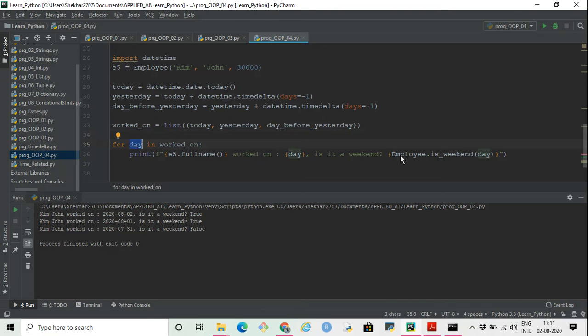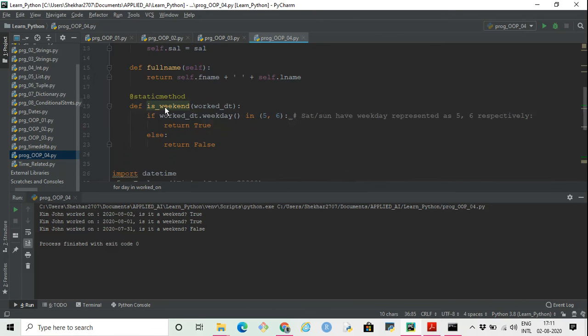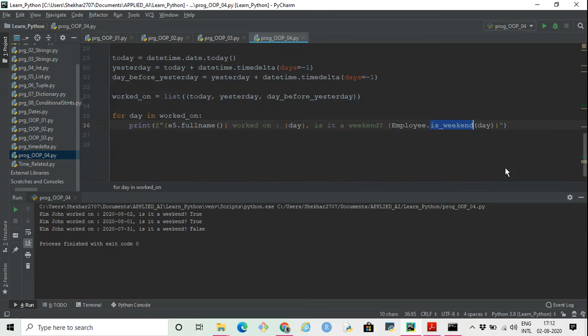Now here we are using this static method. We are calling the static method. How are we calling it? Class name dot the static method that we created, which was is_weekend. As per the definition of the static method, we have to pass a date to it, and it will return True or False depending on whether the date is on a weekend or not. So we are passing to it whatever date we are getting from this loop, and if I execute this,